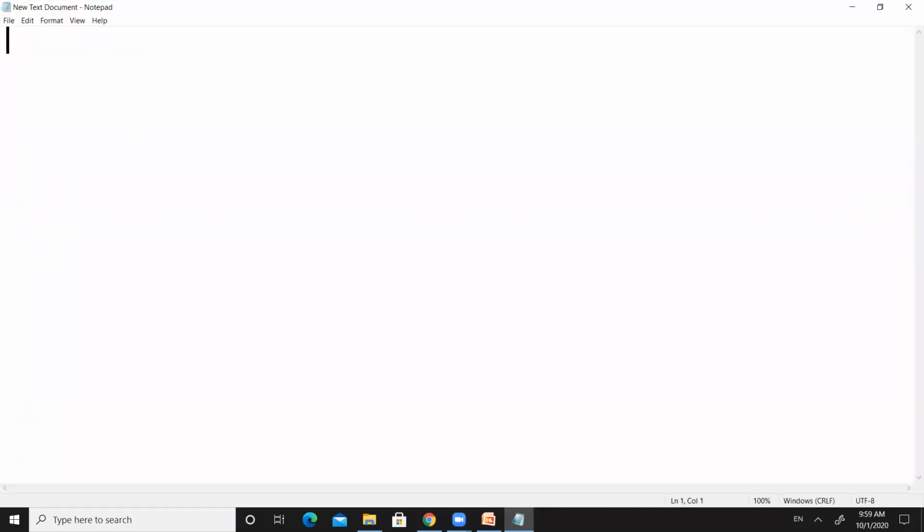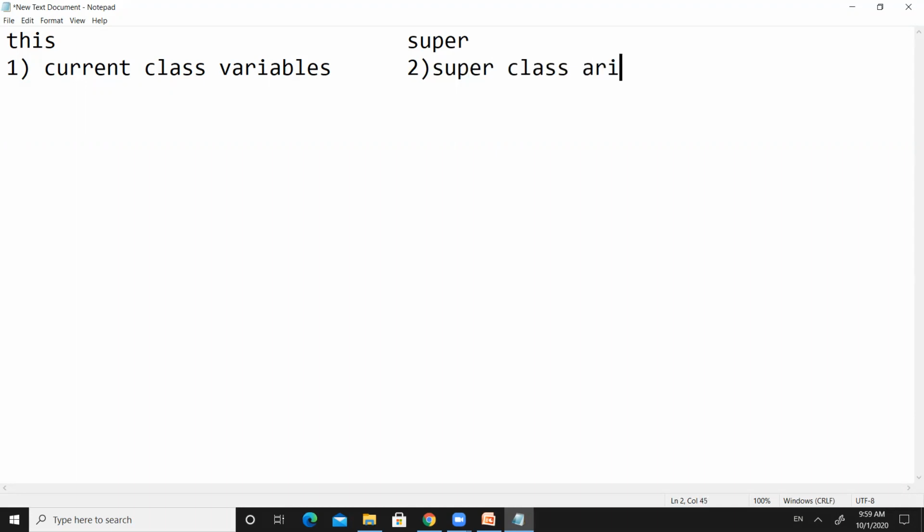Keep these two things in your mind. I am going to show the difference between this keyword and super keyword. When we use this keyword, we can access current class variables. In case of super keyword, we can access super class variables. By using this keyword, we can access current class methods.